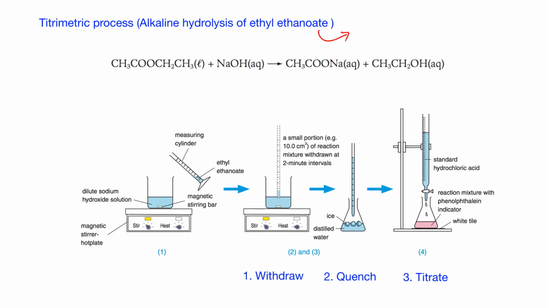Ethyl ethanoate, later on you'll learn that this is called an ester. Alkaline hydrolysis: this is the media, which is alkaline. Hydrolysis means break down with water. So we are having water to break down the ester. This one is the ester, ethyl ethanoate, and then it is an alkaline media, so I put